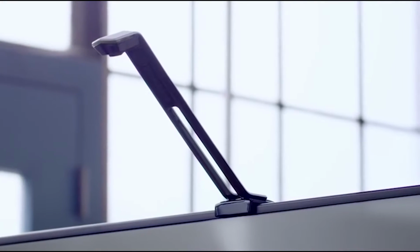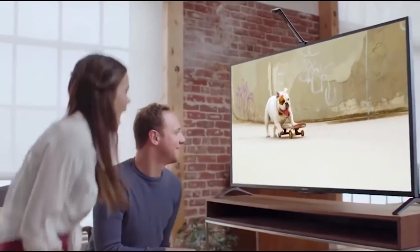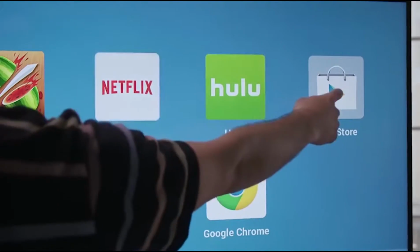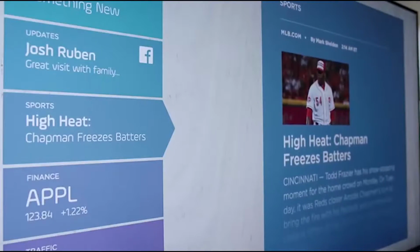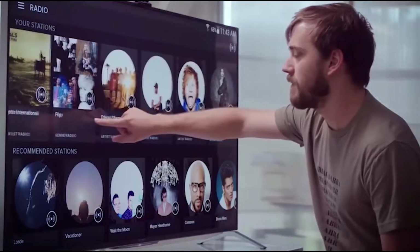I just got the TouchJet Wave. It turned my TV into a smart touchscreen that can do pretty much anything. Bam! Stream any movie. You can download any app from the Google Play right onto the Wave. You can check sports, news, social media, listen to music,